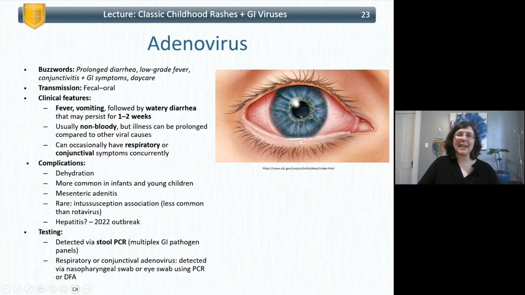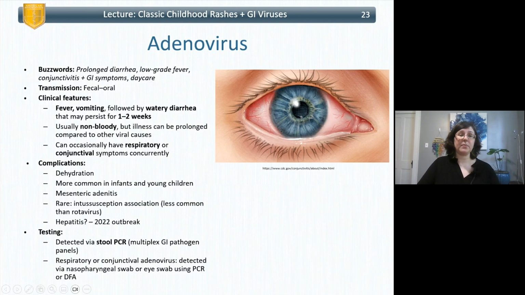All right, and then lastly, I wanted to talk about adenovirus. So buzzwords for adenovirus include prolonged diarrhea. So sometimes you can have a diarrhea that persists for a really long time. So this might be a kid coming into your clinic who has had diarrhea now for a week and a half. Mom, or dad or parent, is beside themselves because they keep having to change diapers. It's not going away. They have a low-grade fever. They may have concurrent conjunctivitis and belly pain. And then another buzzword is